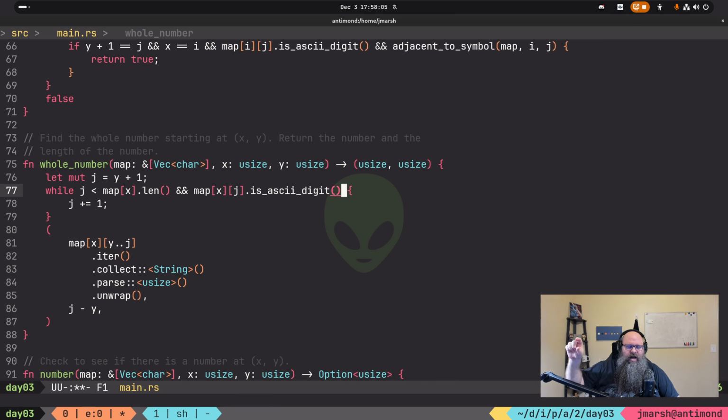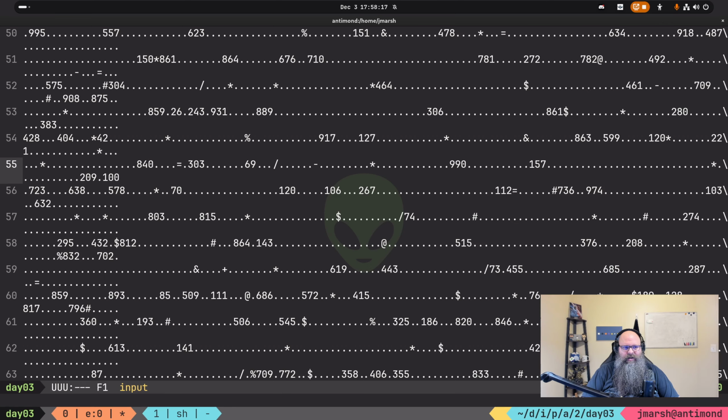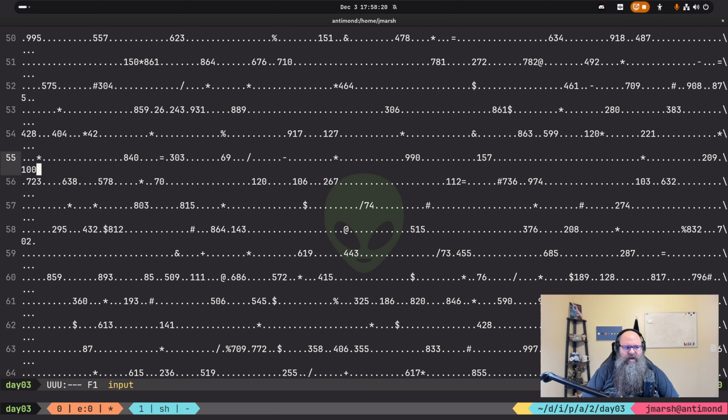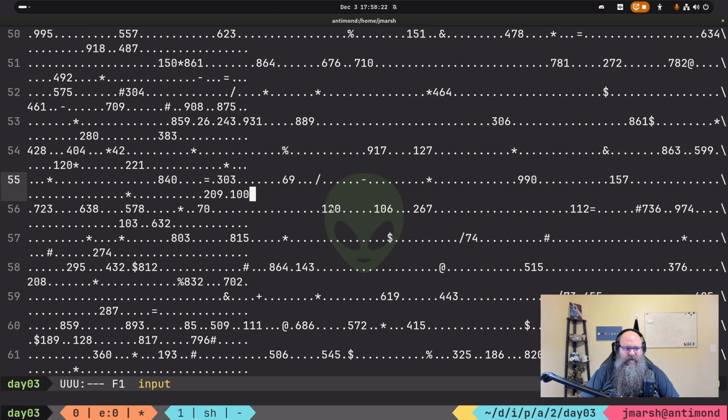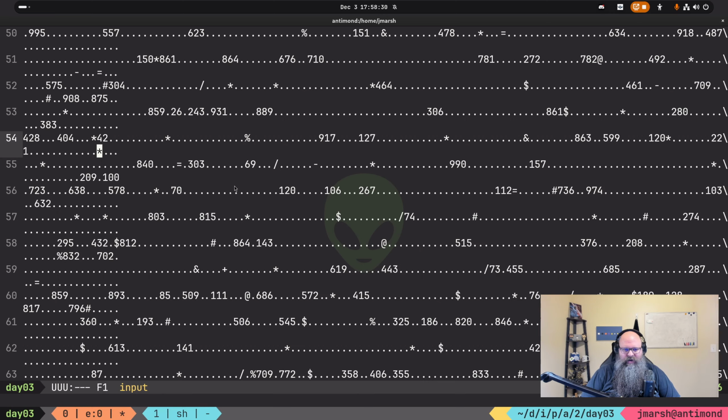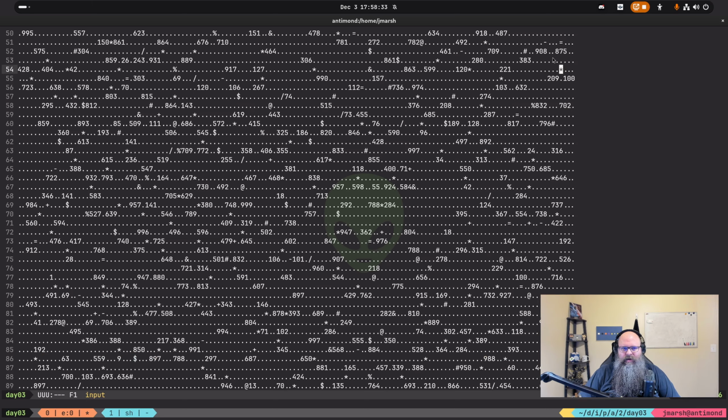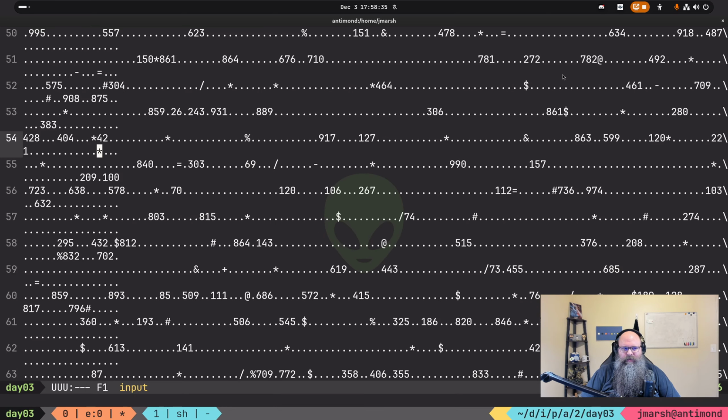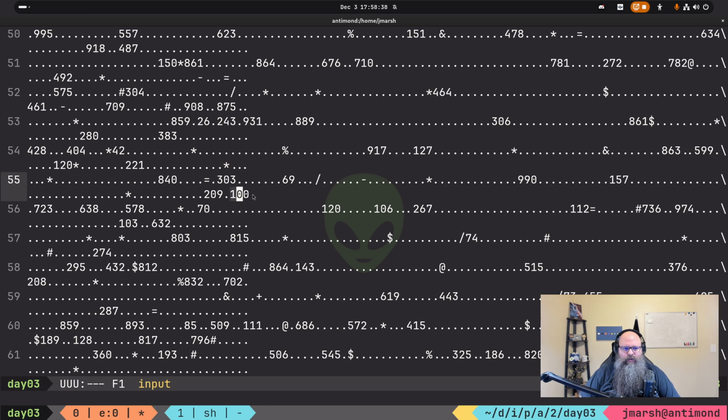My initial thought was, oh, I'm just doing some off by one thing, so I just did map lane -1, which was actually not correct. If you look in the input, it's this line right here, like the 55th line, at least for me. Notice this one is a 100, and it happens to be associated with this asterisk. If I shrink it down, you can see they line up, but I know it's a little hard to see when it's that small. The idea is this 100 is 1, but it was only counting it as 10 because I wasn't including